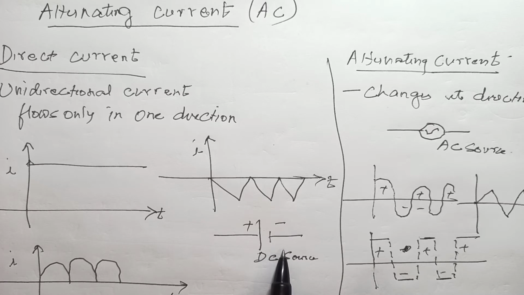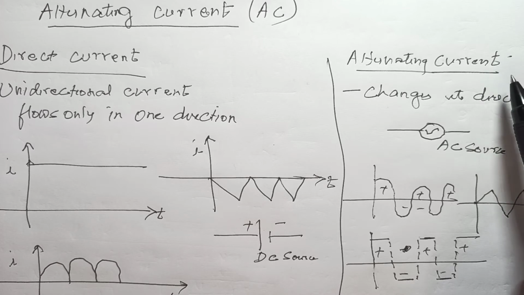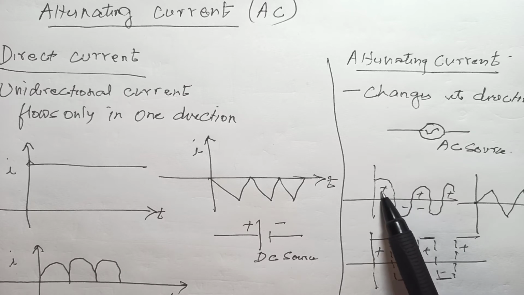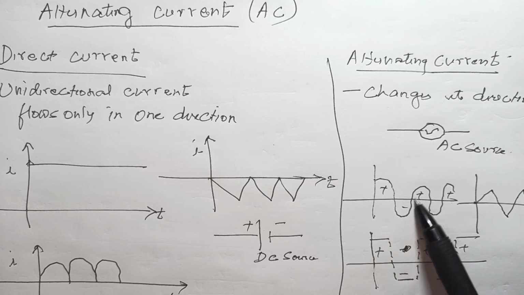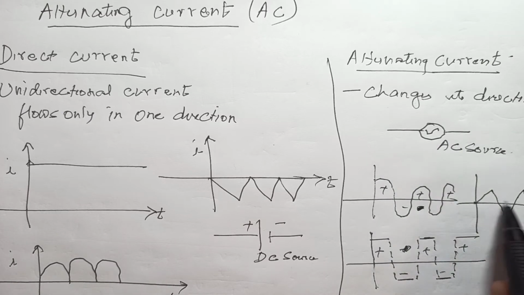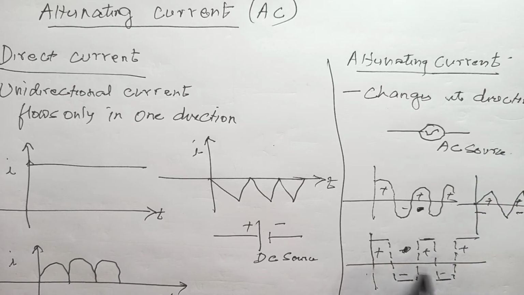Okay, coming on to alternating current. If you see alternating current, it changes its direction, right? Basically as you see in the graph, it's in the sort of a sine curve, or I can say it is in terms of a cos curve. This is the cos curve. So first positive, then negative, then positive, then again negative. Correct? Similarly here it is positive, positive, negative, negative. Same here, positive, positive, positive, negative, negative, negative.